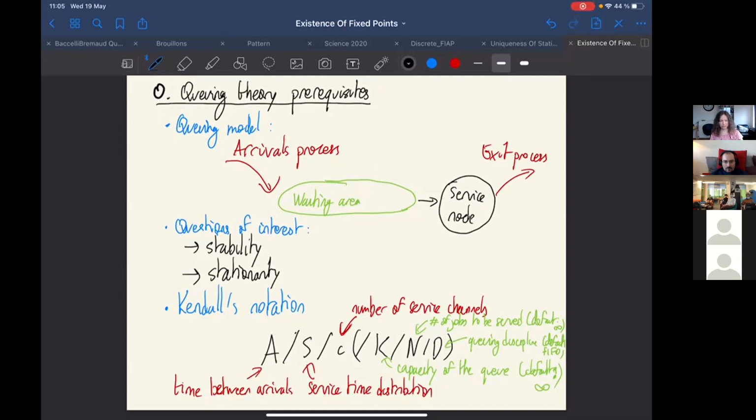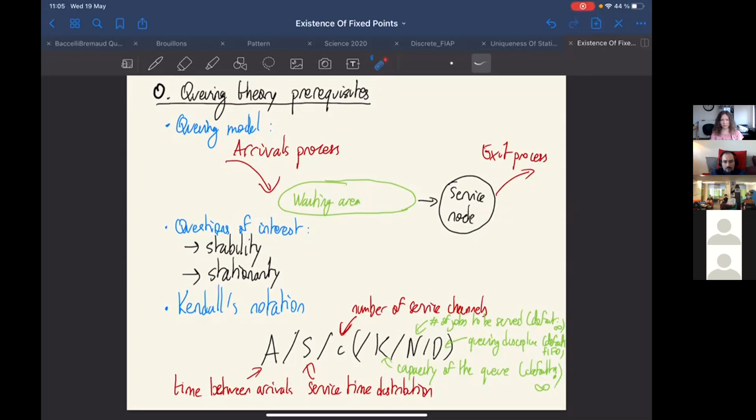When we talk about queuing theory, what we have in mind is a queuing model where we have some kind of node which typically provides some kind of service. There's an arrivals process that provides, let's say, customers or entities to the node. They enter a waiting area, in which they wait until the service node can process them, and then they're transferred to an exit process. So this is the